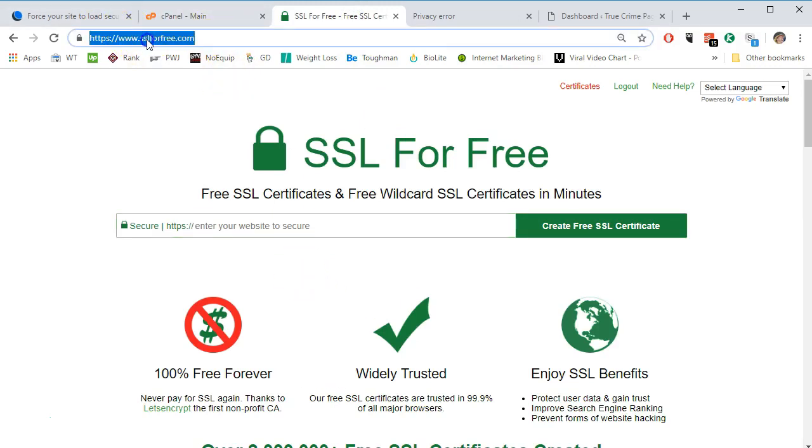SSL4free.com, as you can see up here in the URL, and generate a 90-day certificate. Now all their certificates are for 90 days, and if you haven't already created an account, it's going to ask you to create an account when you create your first certificate. It is 100% free forever. It's widely trusted, and you'll enjoy the SSL benefits, as they say: protecting user data and gaining trust, improving search engine ranking, because the secure versions have become a lot more vital for SEO, and it prevents various forms of